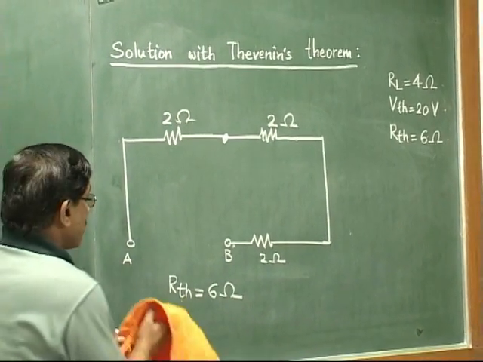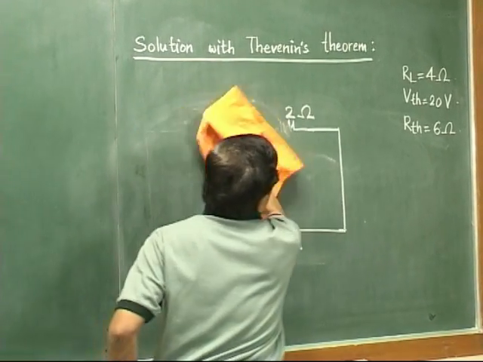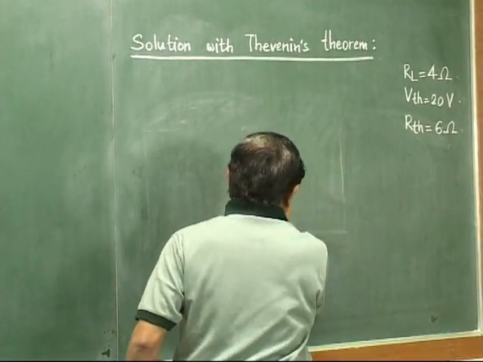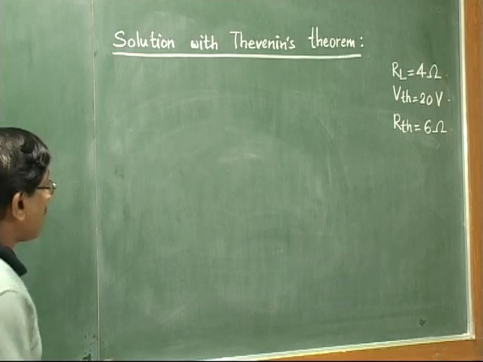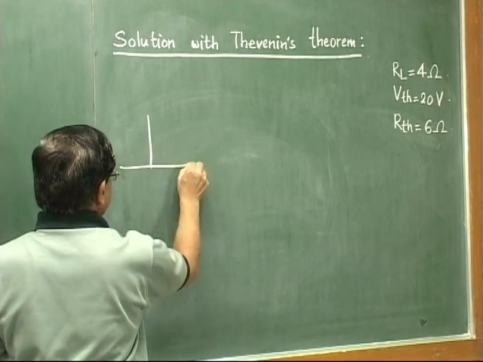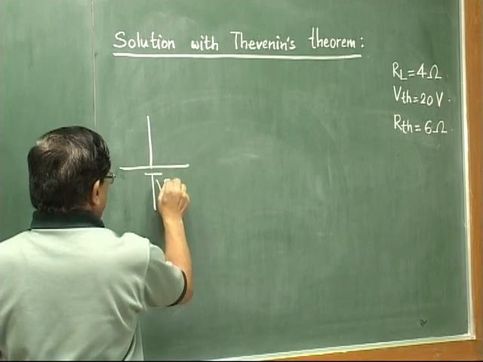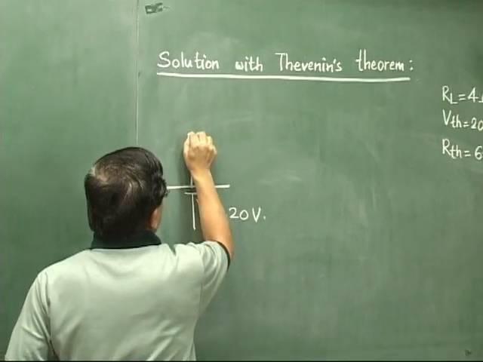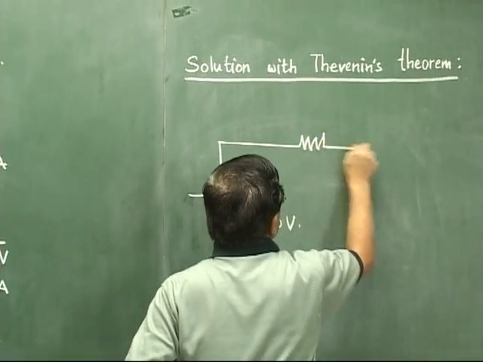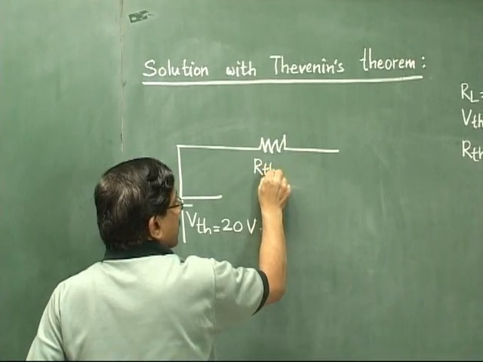Just next job is to draw the Thevenin's equivalent circuit. So it will be like this. So Thevenin's equivalent circuit will have VTH here, and its value is 20 volt. Then RTH in series, its value is 6 ohm,